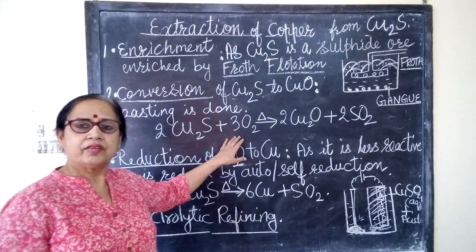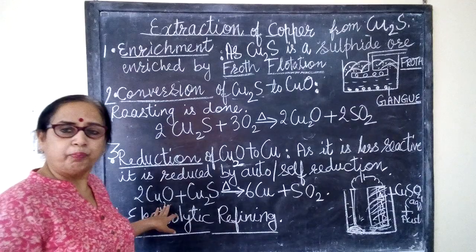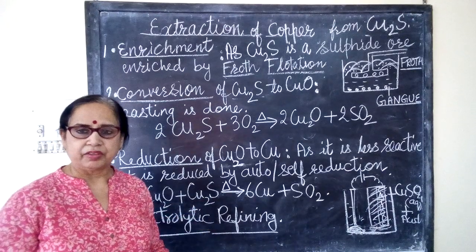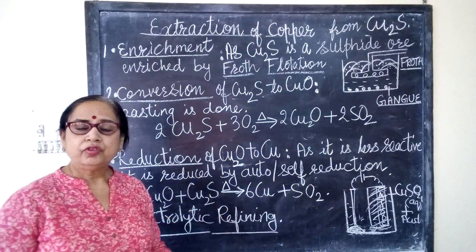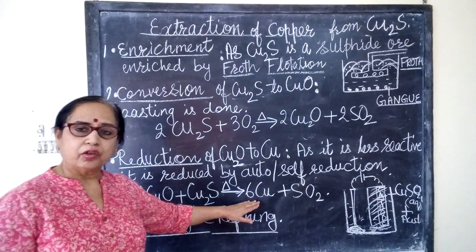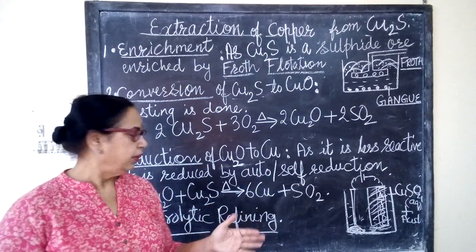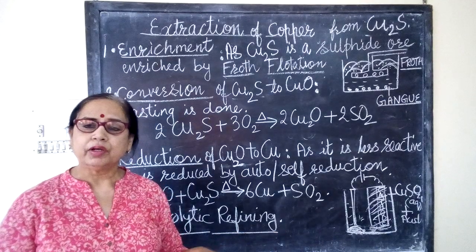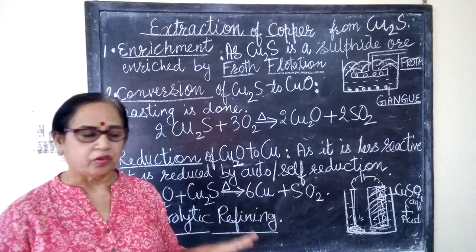The reaction is not completed, and at a certain time we have copper oxide along with copper sulfide in the reaction mixture. When this is heated, these two compounds reduce, auto-reduction takes place and we get molten copper. Through this molten copper, sulfur dioxide is evolved. So sometimes on the surface of the molten copper we see certain blisters, and the copper thus obtained is called blister copper.